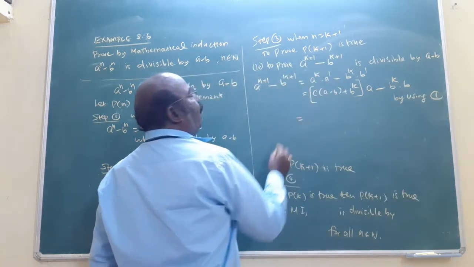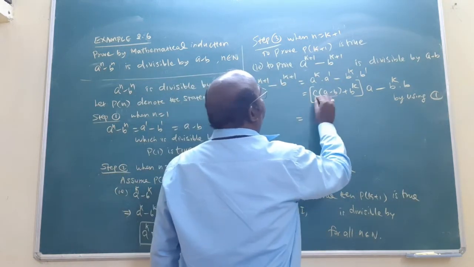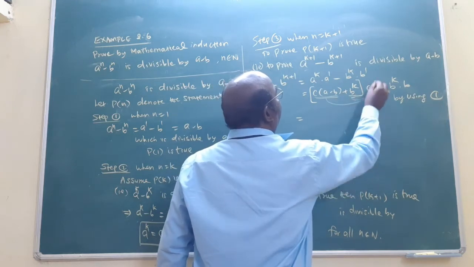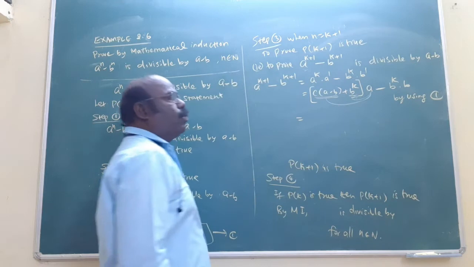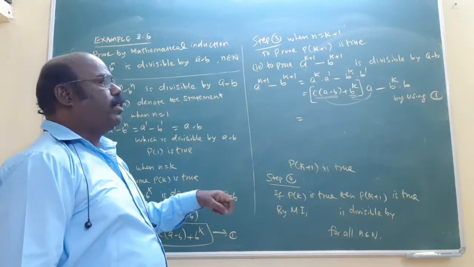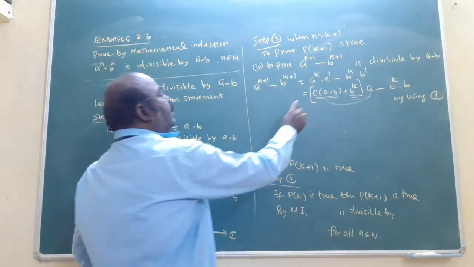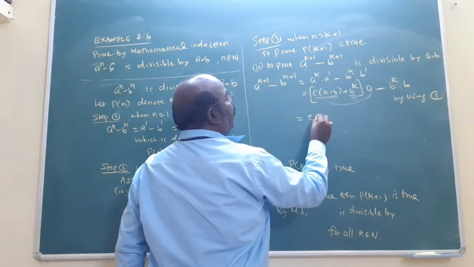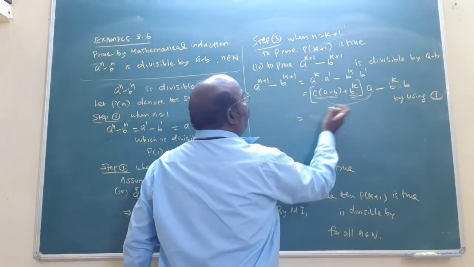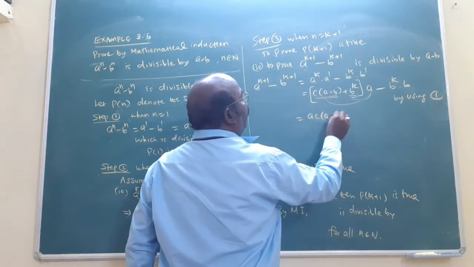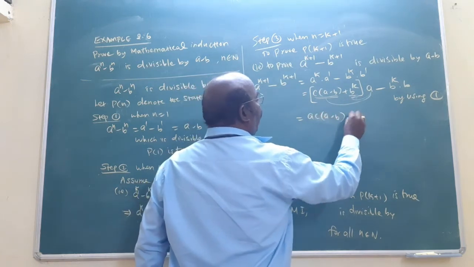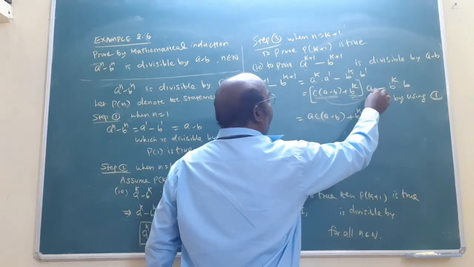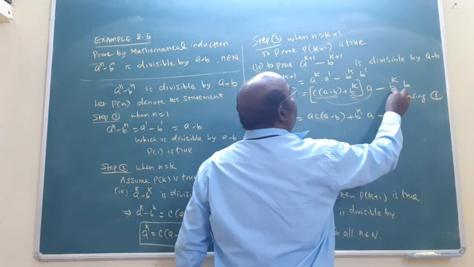Now here also, what I told you, you want to multiply this one term with this, then this with this. Important. Two terms are there in the bracket, and outside the bracket only a is there. That's why c into a minus b into a, that means ac into a minus b. Next is plus b power k into b, minus b power k into a. This is the same thing, no change.